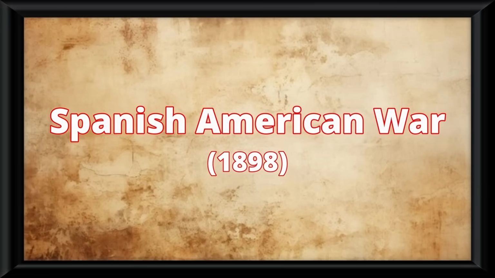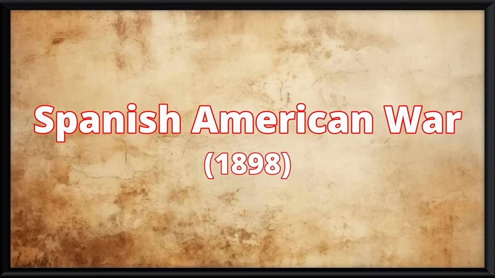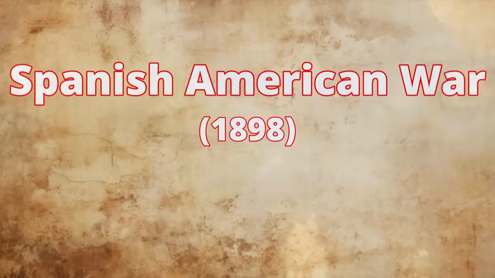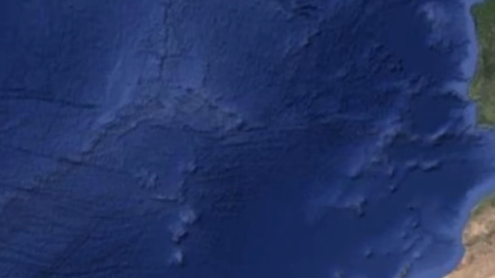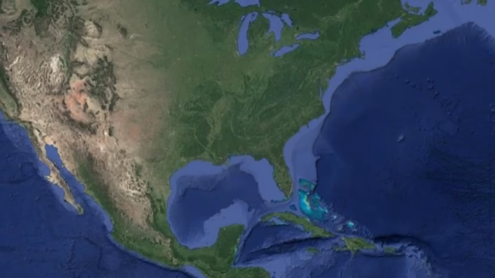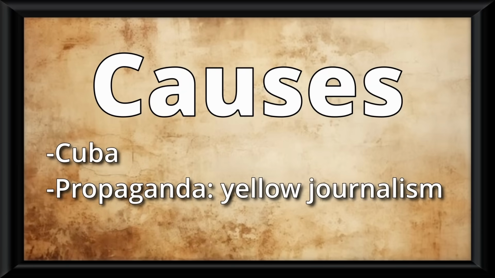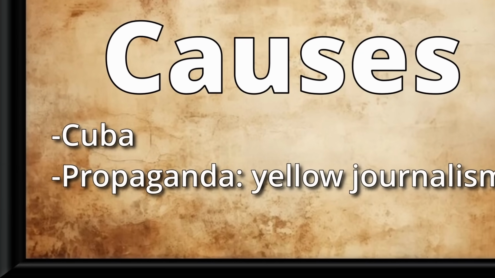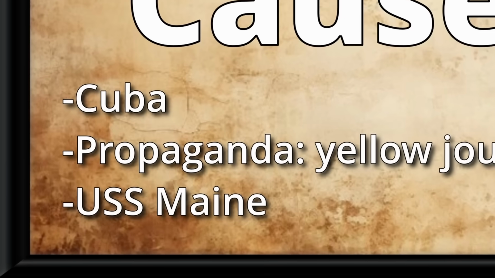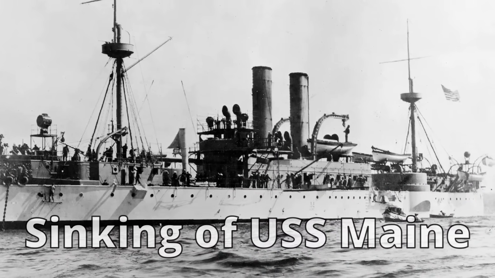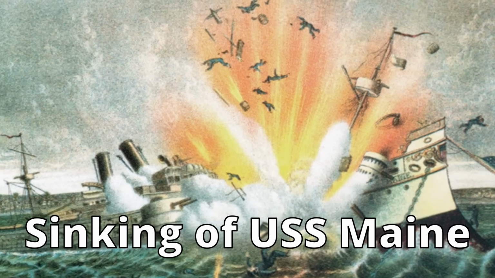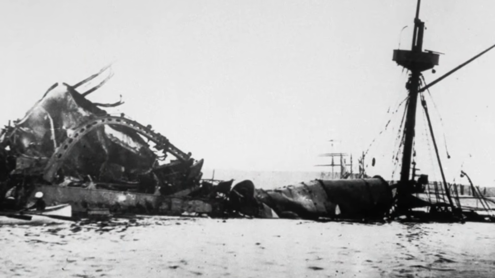For America's brief little moment of imperialism at the end of the 19th century, its biggest campaign will easily be the Spanish-American War. This war isn't like many wars I'm sure you know. Essentially it started because Cuba didn't want to be controlled by Spain anymore, and the US was willing to support Cuba in that regard. Propaganda was also a big part with the growth of yellow journalism, and the other part to this is the sinking of the US ship, the USS Maine. Now, it's not actually truly known what really caused the explosion that sank this ship, but it didn't really matter because US propaganda at the time blamed it on Spain.